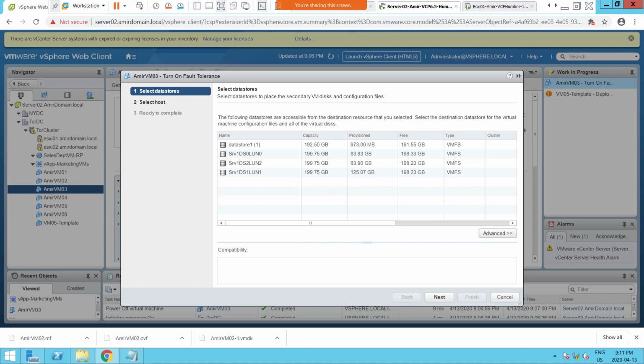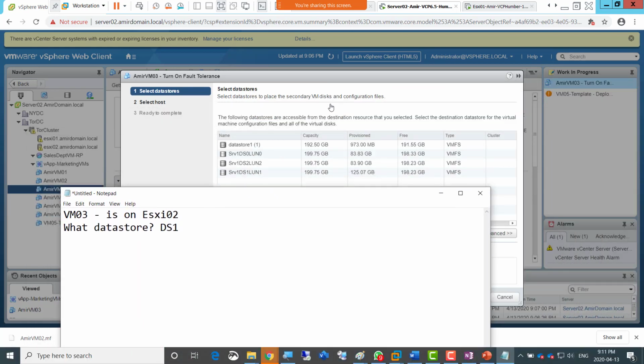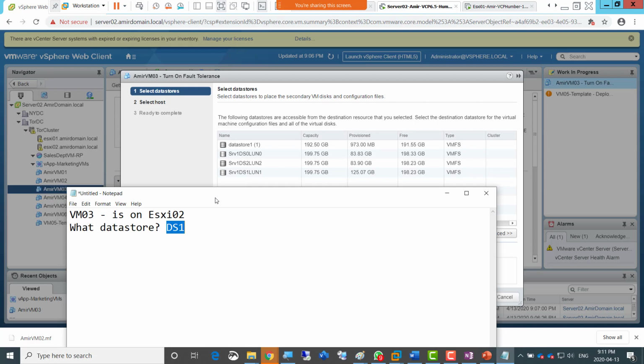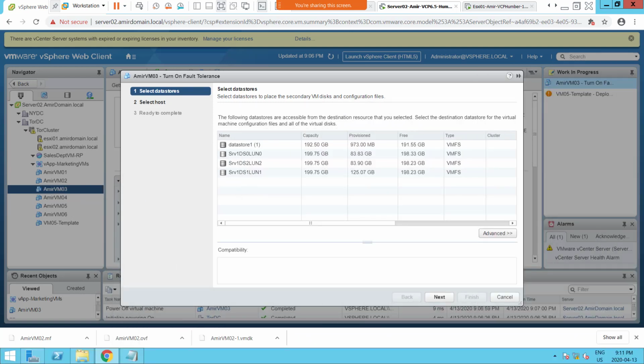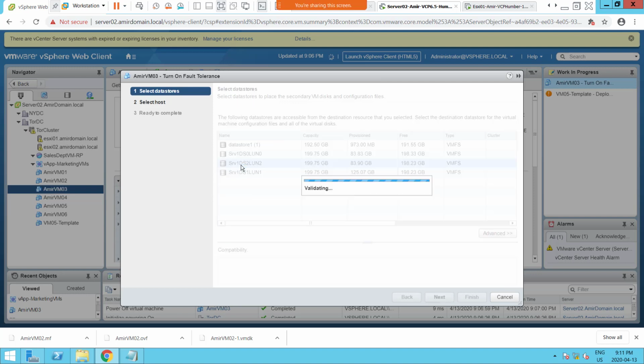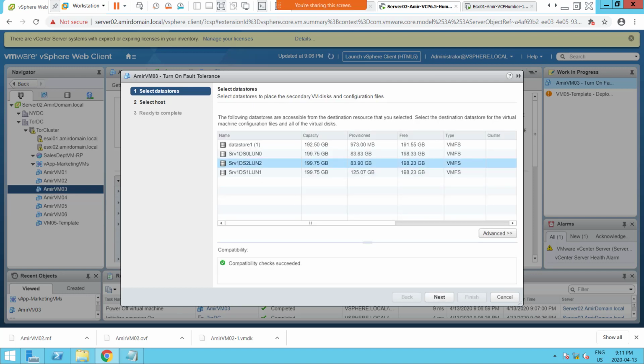In my case, it's asking, hey, secondary or the passive VM, what data store you want to select. So in my case, my active or primary VM is on DS1, so I'm going to select DS2 or 3, any one of those. So check your notepad, and whichever data store your primary or active VM is on, just select any other LUN based data store for that. So I'm just going to go for DS2, and we're just gonna select DS2, and